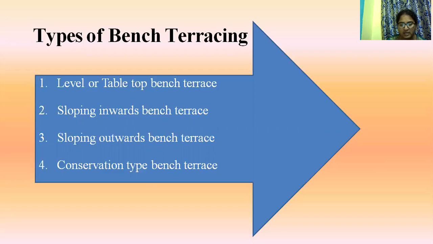Paddy terraces are also built in such areas, and are used for growing paddy, as it needs uniform impounding of water. Inward means excess water will be drained toward the inward direction. These different types of bench terraces will be discussed in further classes.